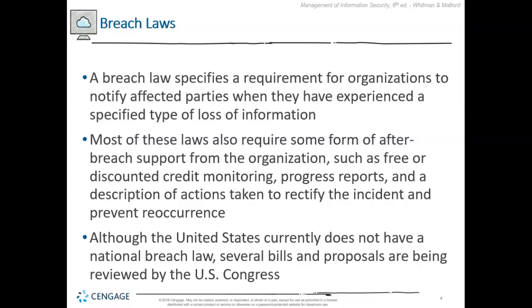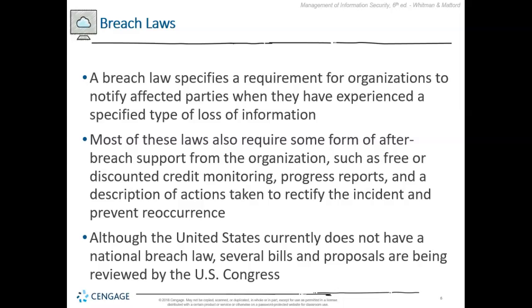Now, keep in mind, most companies, when they sell products or interact in the United States, act across many state boundaries, and there may be data on individuals that are across many of those state boundaries. So you may find that you have disclosure responsibilities across many different states. And this is where the legal department and information security can work together to determine what was stolen, how much was stolen, and the states that may have been involved in that process.